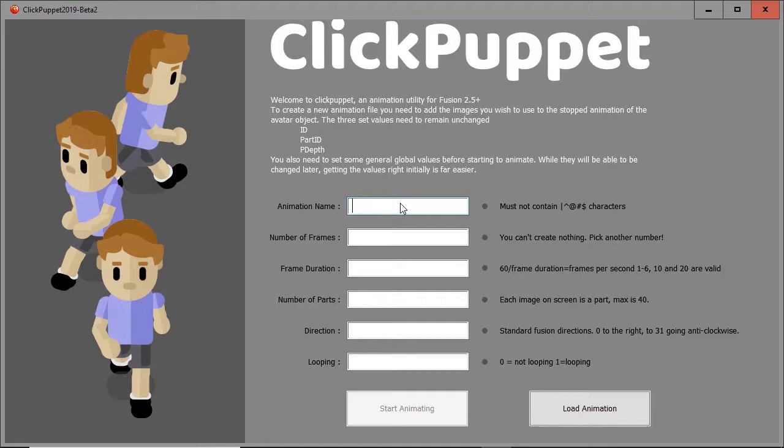Enter an incorrect value and the software will advise you until you get it right, whereupon the Start Animating button will become active. A quick run through on the current limitations. Maximum animation length is 100 frames, with up to 40 parts in each frame. A part is a single image from the active object, and each part can be swapped, translated, scaled, rotated, ordered,